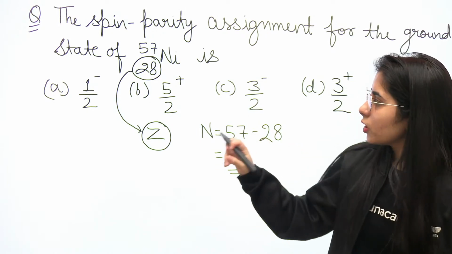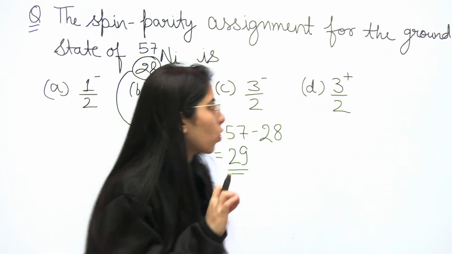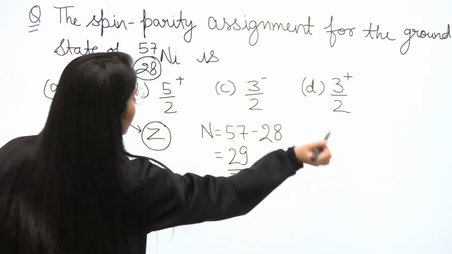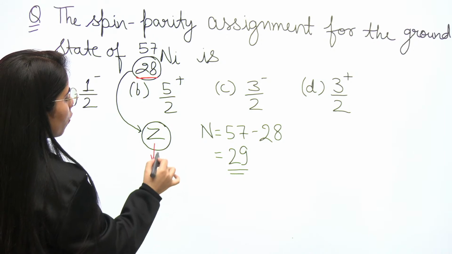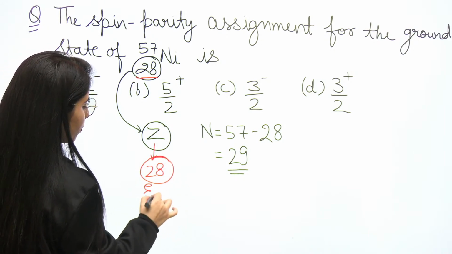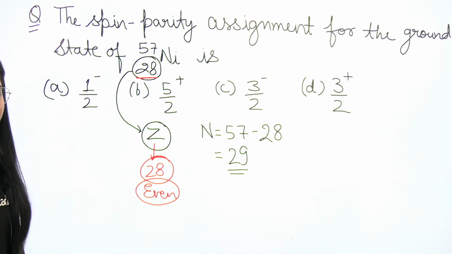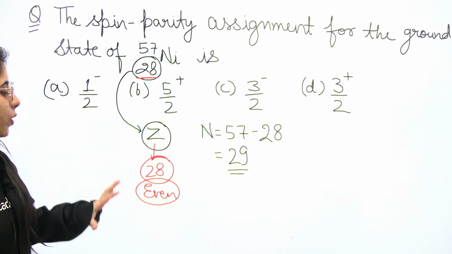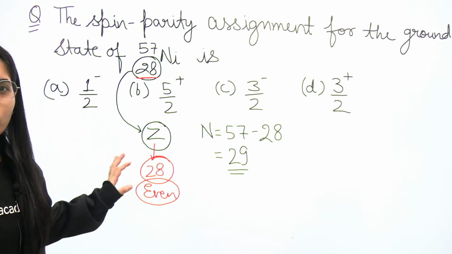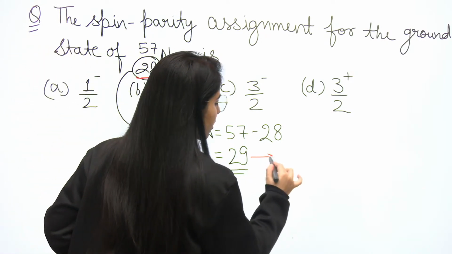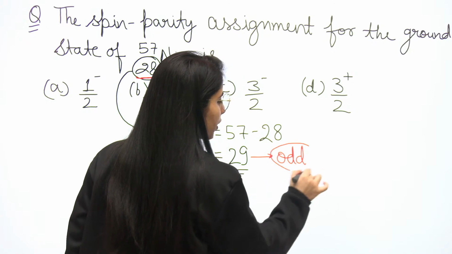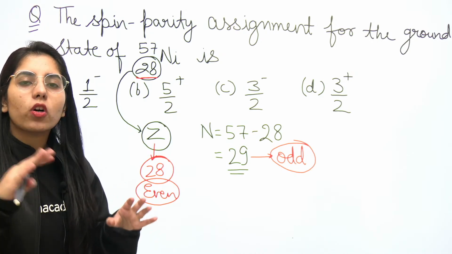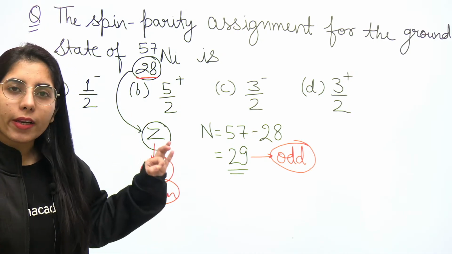Now the point is, you just need to consider whatever is even or whatever is odd. Observe that part first. You can have a look at this 28, which means the number of protons. It's going to be even in number. Even means they are not going to contribute to the spin and parity part. Clear? You don't need to write anything for this one. But whatever is odd, you have to consider it and write the configuration corresponding to that. Clear? So for 29, as per the shell model, you will write the sequence for 29 nucleons, which